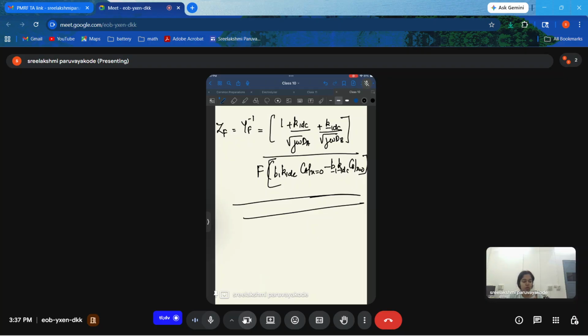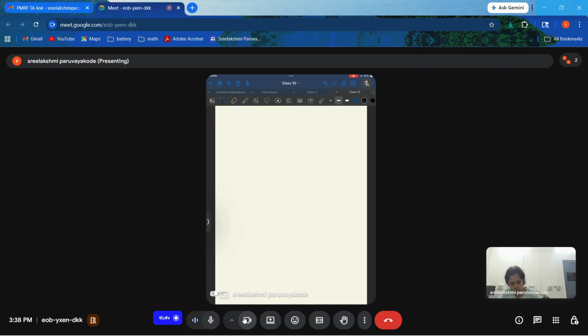So probably we have two more derivations. One is for a finite boundary layer and the semi-infinite. So once we complete that, we'll be able to start the problem. So my aim for today will be to complete both of them and to start with the assignment questions. Okay. So let's move on to